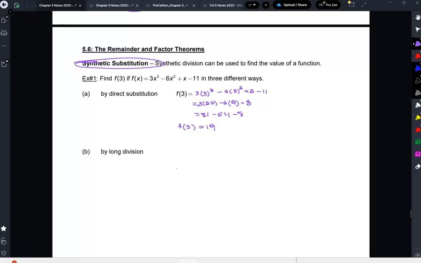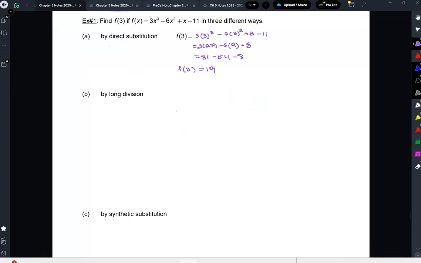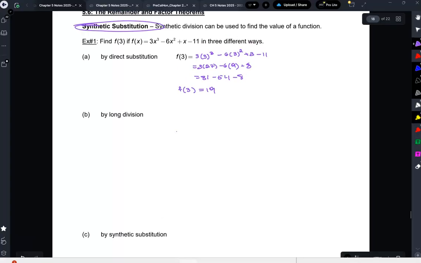Now, how about if we do it by long division? Okay, turns out you can also do it by long division. How does that work? So my x value here is 3. So if x is equal to 3, and you have a factored equation and you want to solve it and you get x equals 3, what factor does that come from? That comes from x minus 3, right? Yeah? So first, that's how I write this. And now I want to divide x minus 3,